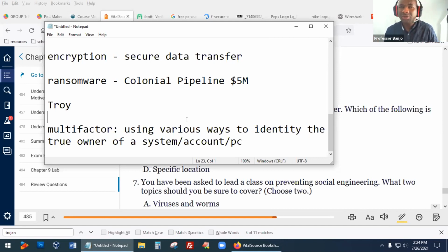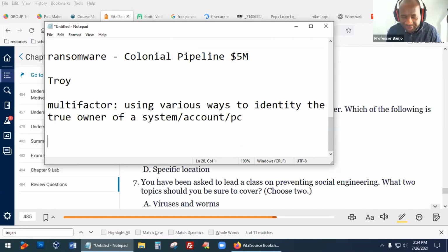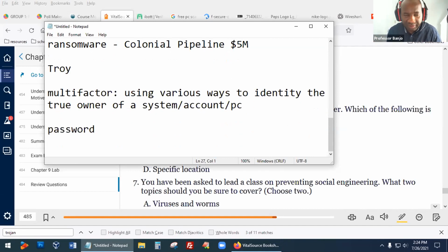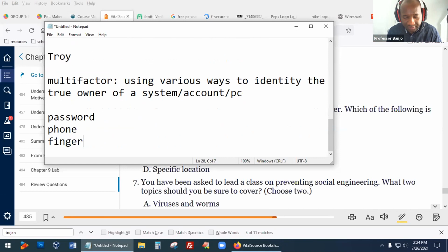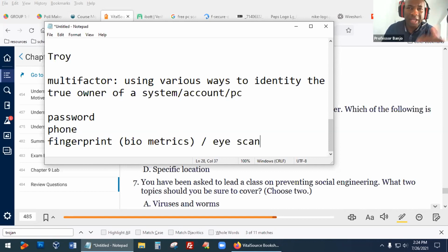So you might get a security code, and you have to go into your phone. First of all, you have a password. Then you might need to have your phone, or you might need your fingerprint, which is referred to as biometrics. Maybe on your phone or on your computer, you have to use your fingerprint or even your eye scan. Those are all biometrics. To confirm that this person is the actual owner of that system, they're going to ask you to use